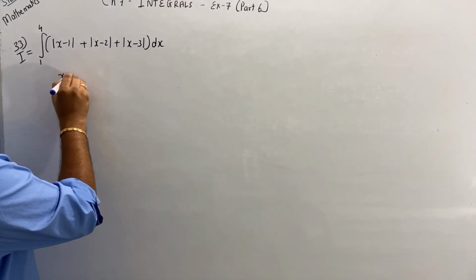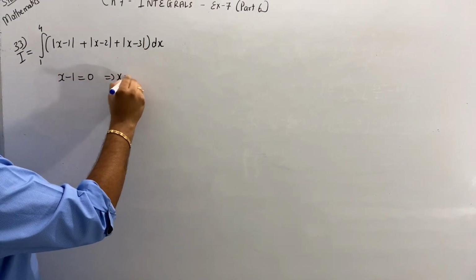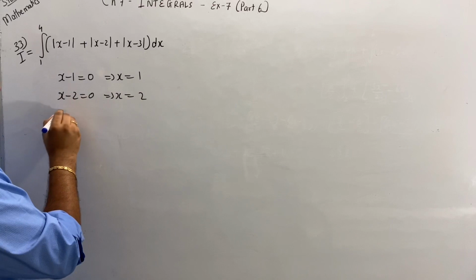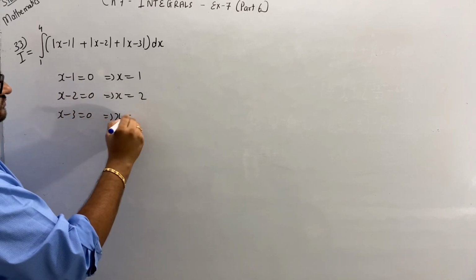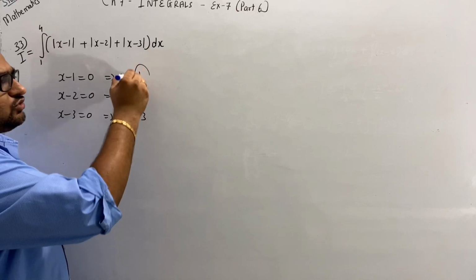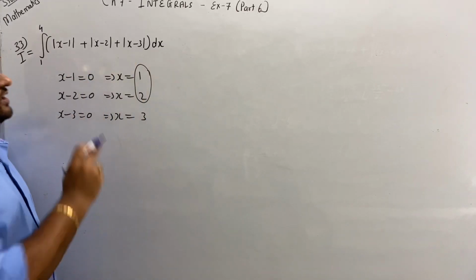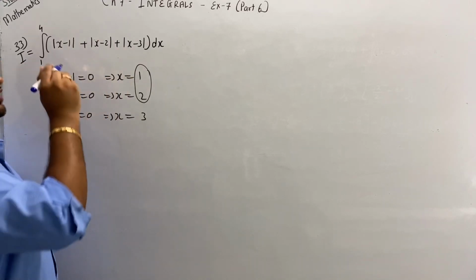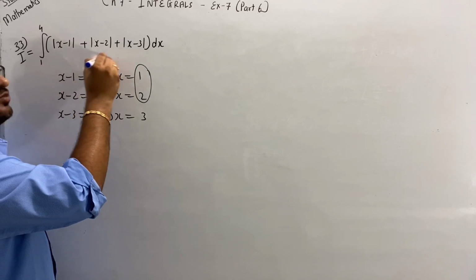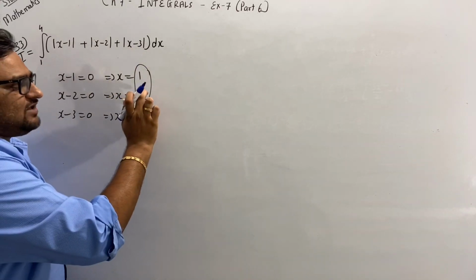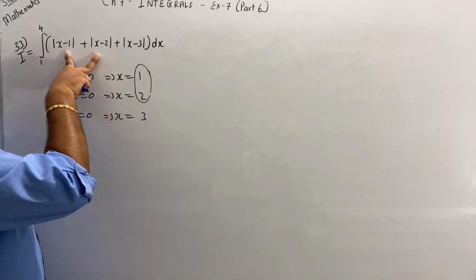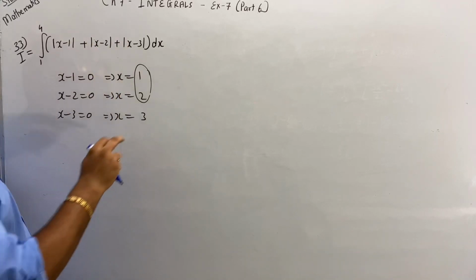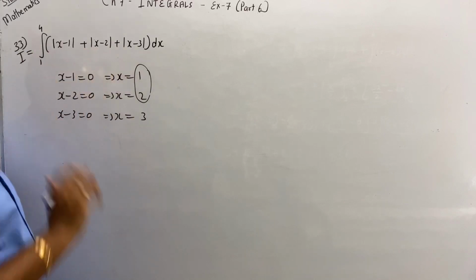So if I take x minus 1 equal to 0, x equal to 1, x minus 2 equal to 0, okay. So from 1 to 2, take any value like 1.5. So this will be positive, 1.5 minus 1. This will be negative. This will be negative. So here it will be x minus 1. Here will be 2 minus x and 3 minus x. When I take any value between 2 and 3, these both are positive. Let's take 2.5 minus 1, 2.5 minus 2, positive. This will be negative. And when I take any number greater than 3, all these three will be positive.